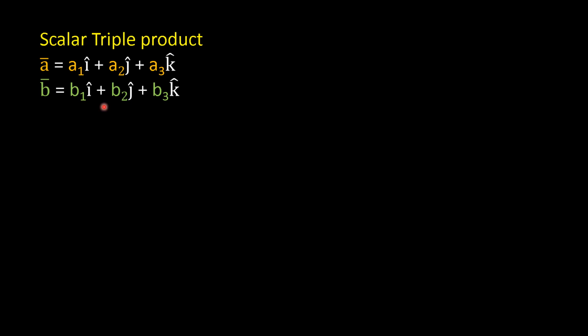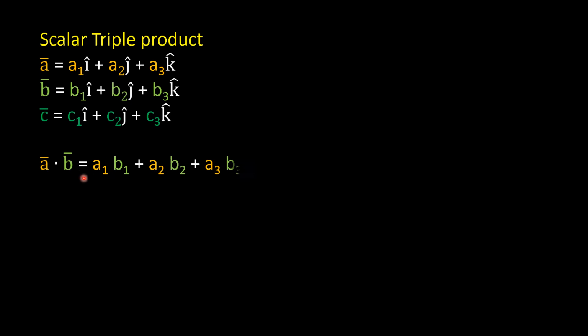To understand scalar triple product, we will consider three vectors a bar equals a1i plus a2j plus a3k, b bar equals b1i plus b2j plus b3k, c bar equals c1i plus c2j plus c3k. We know that dot product or scalar product of a bar and b bar is a1 b1 plus a2 b2 plus a3 b3, which is the sum of the product of corresponding coefficients of i, j